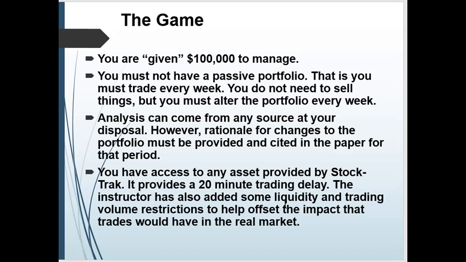That amount of trading on a stock based on volume would have an impact on pricing. So there are some limits on exactly how much you can actually purchase. And we'll talk about those a little bit in the video where we go over how to get into the